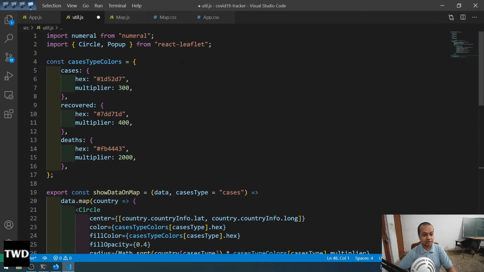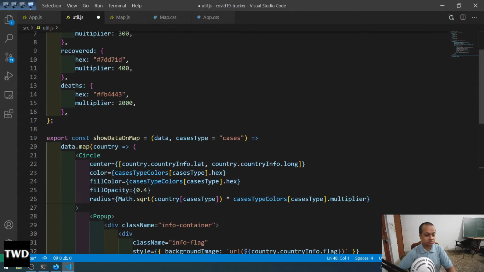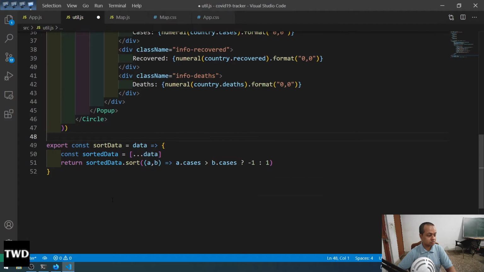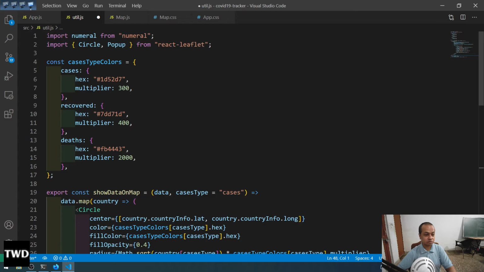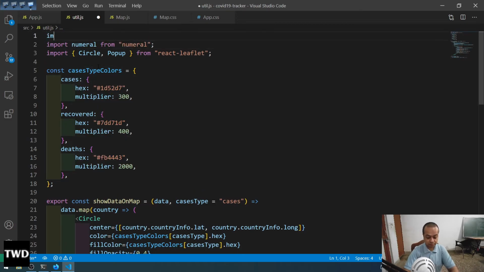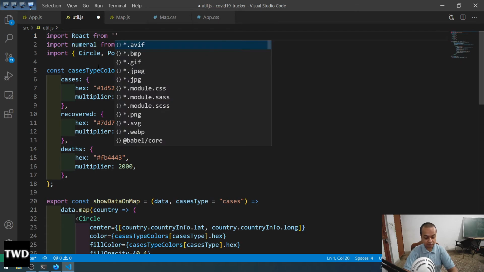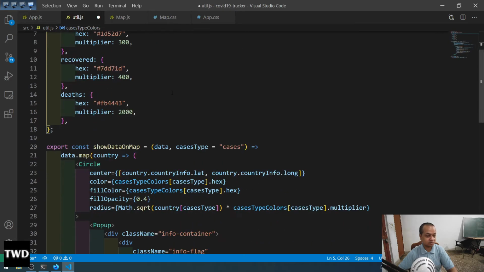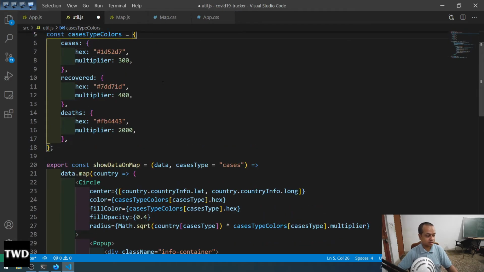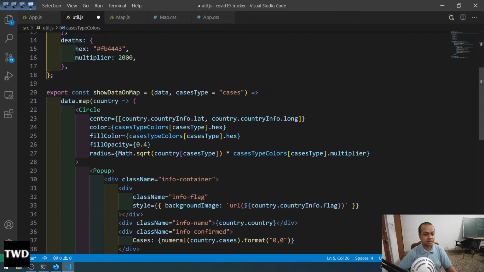So this use function has this numeral. I'm using React also, so I have to import it, because for using React Leaflet we need to make it React also. So import React from React. Okay, so this is just colors, different colors are there, and then after that here inside it, show data